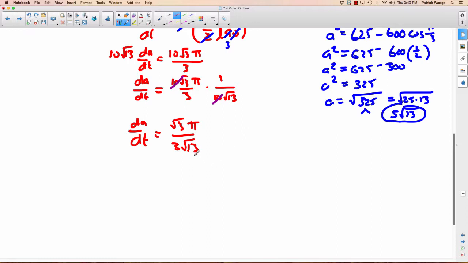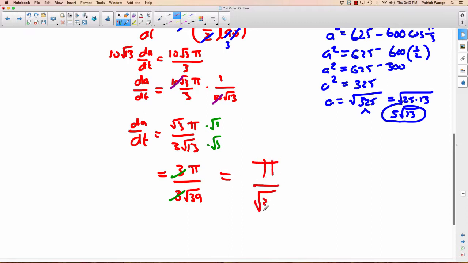It's great. You could rationalize the denominator here, and it's pretty complicated as well. But how about this? This is a pretty cool little thing you could do. You could rationalize the numerator here. Now, if you don't notice this, don't worry. It's not a big deal. But if you rationalize the numerator, you get root 3 times root 3, which is 3 pi over 3. Now, root 13 times root 3 is root 39. Why is that nice to do? Because look, 3 and 3 are gone. We end up with the answer pi over root 39. If it's hard to make sense of that answer, you could put it in your calculator, but this is awesome. This is the best answer, pi over root 39, or rationalize that if you want,